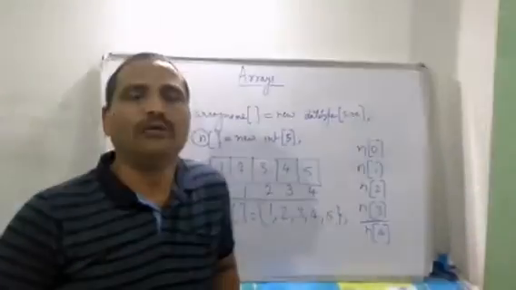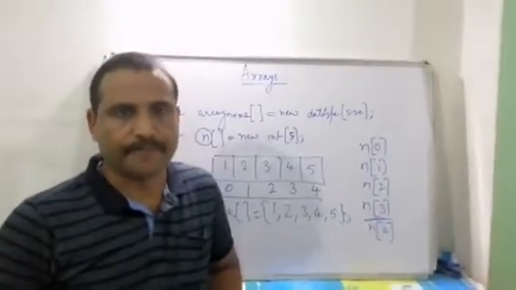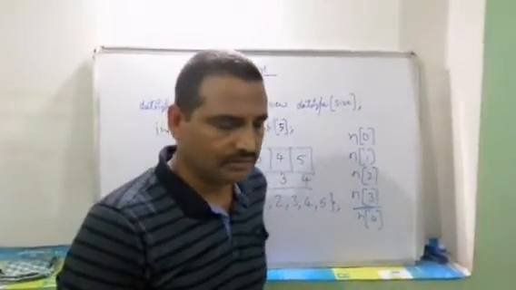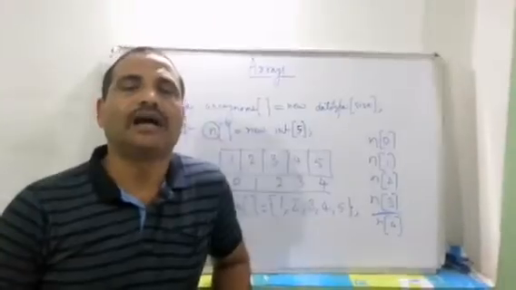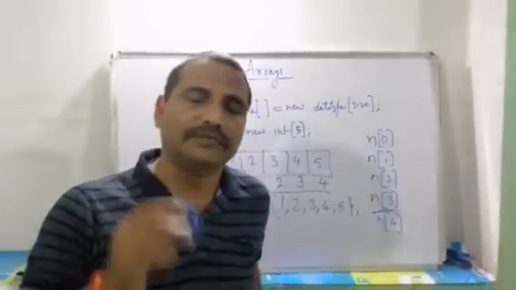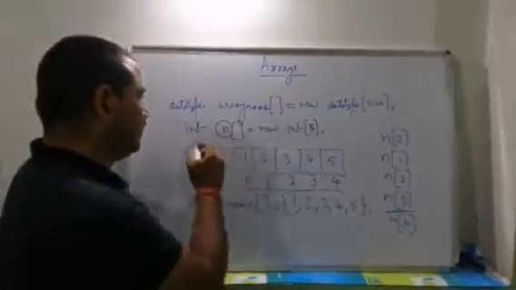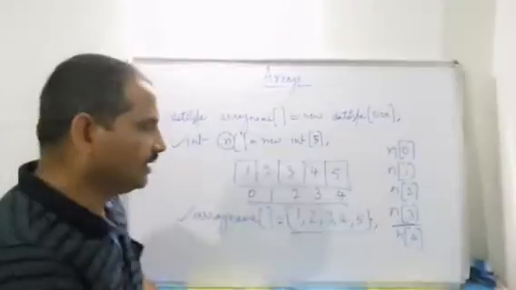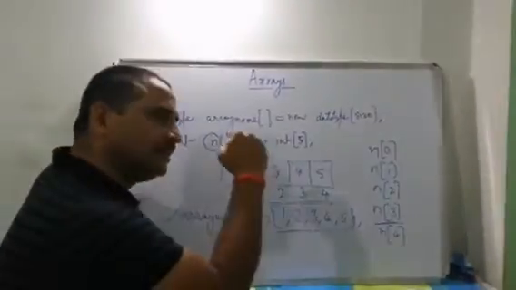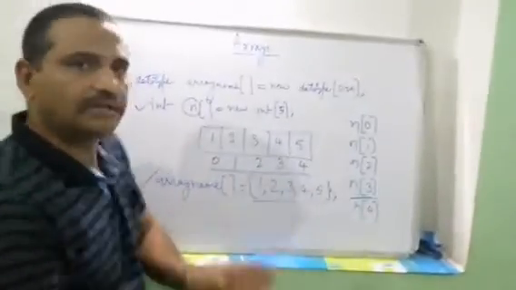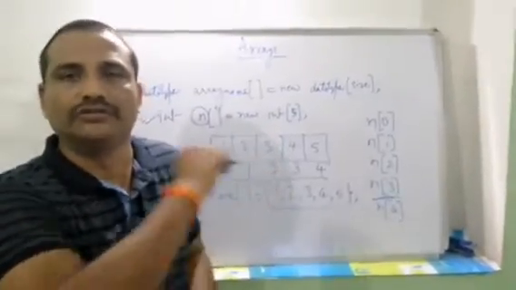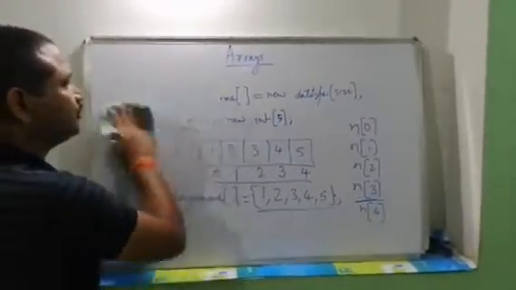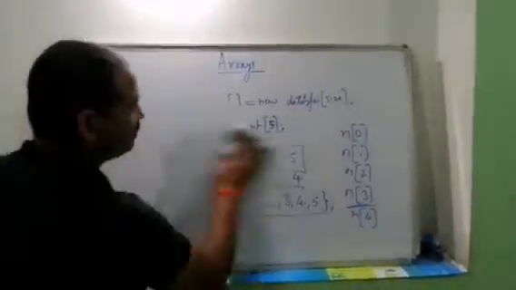Now we will learn how to input the values in the array. There are 4 methods to input the values in the array variable. The first method is by using the assignment statement. Assignment statement means declaration and initialization. Whatever values we store in the array will be stored inside the array variable. So this is also a method to input the values in the array variable. This is the first method, and we will use this method with one example.